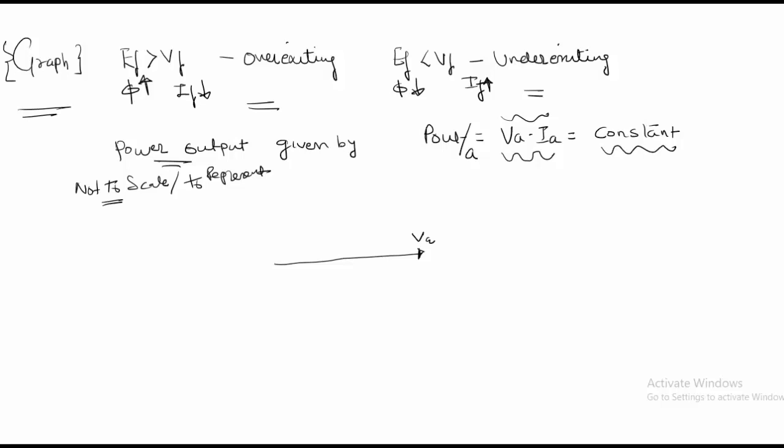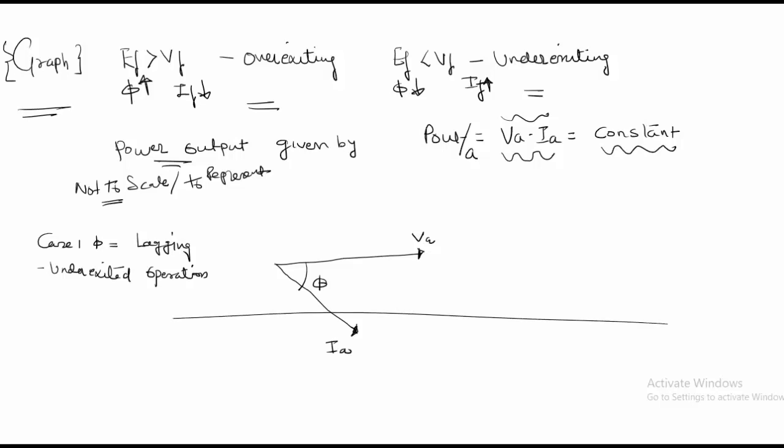So if you are having a VA, and now in the first state your IA, and that is your power factor phi, so your case 1 is phi lagging. So this is an underexcited condition of operation. So now you can draw a constant power line,